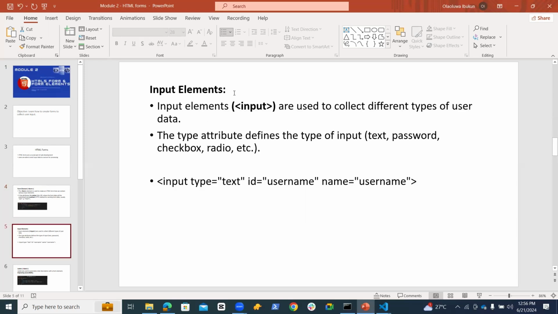So when it comes to form elements, you have input elements, right? And input elements do have attributes. For instance,